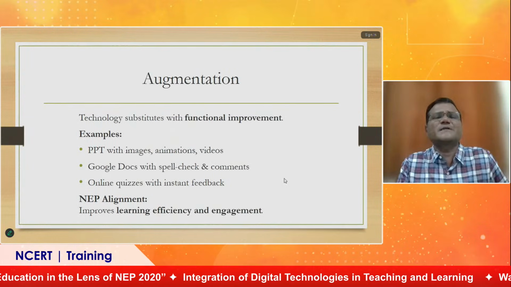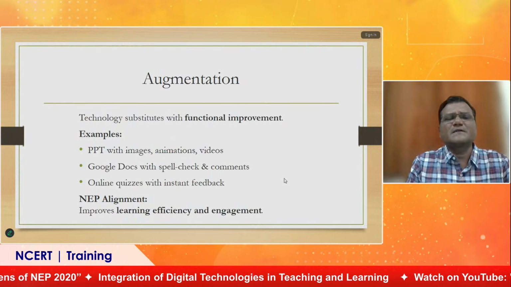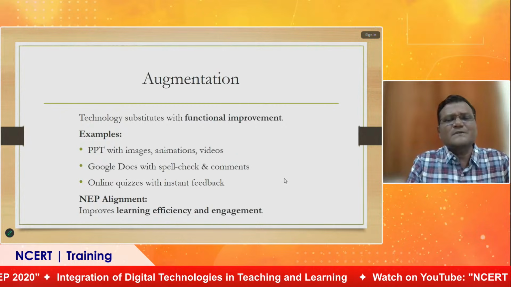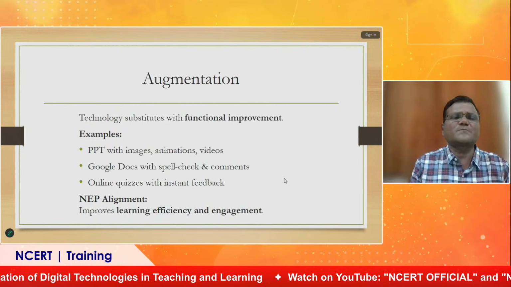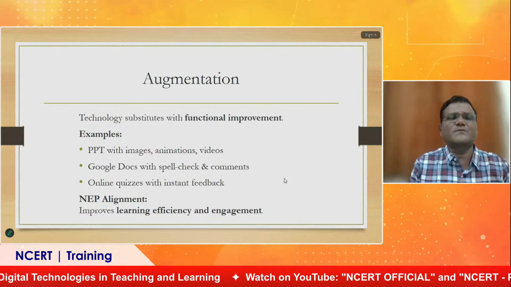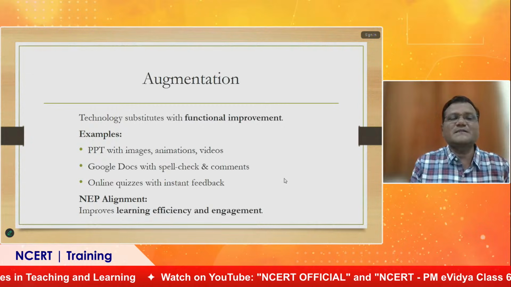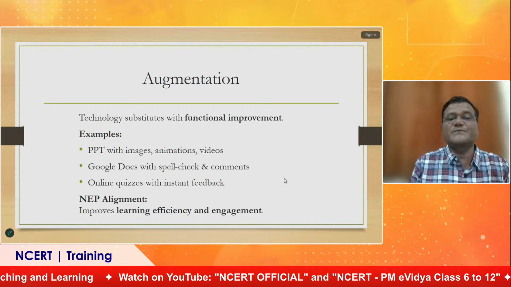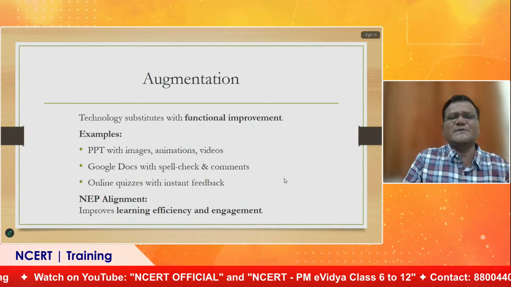Now what is augmentation? Technology substitutes with functional improvement. That means earlier, in the first level, we were talking about only PowerPoint in place of blackboard. Now that PowerPoint will be with images, animations as well as videos. That means we can say a simulated effect will be there.